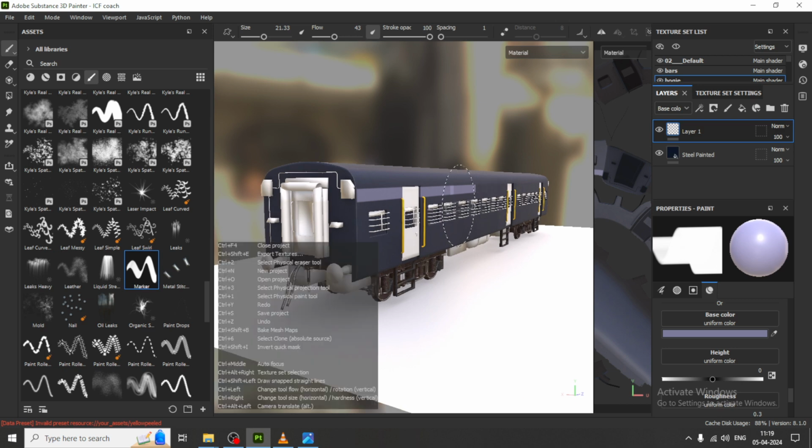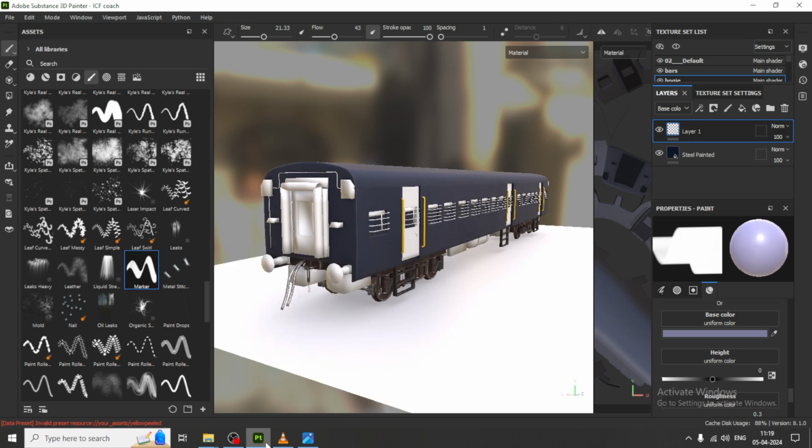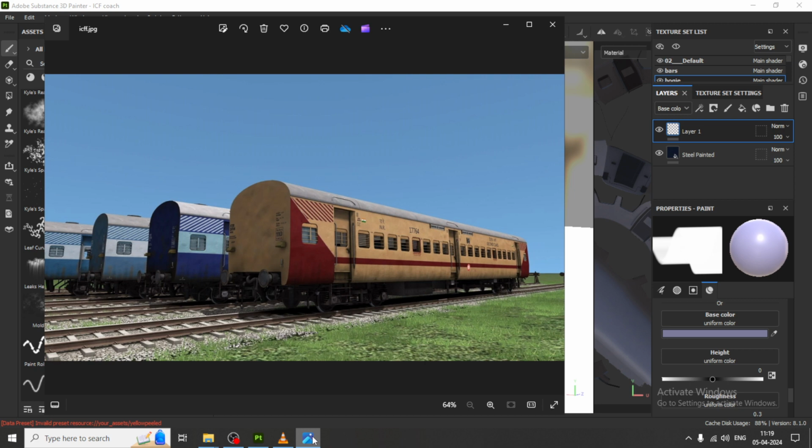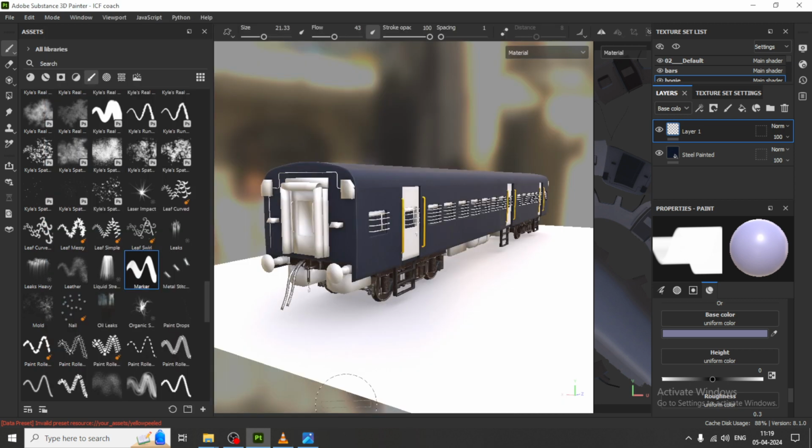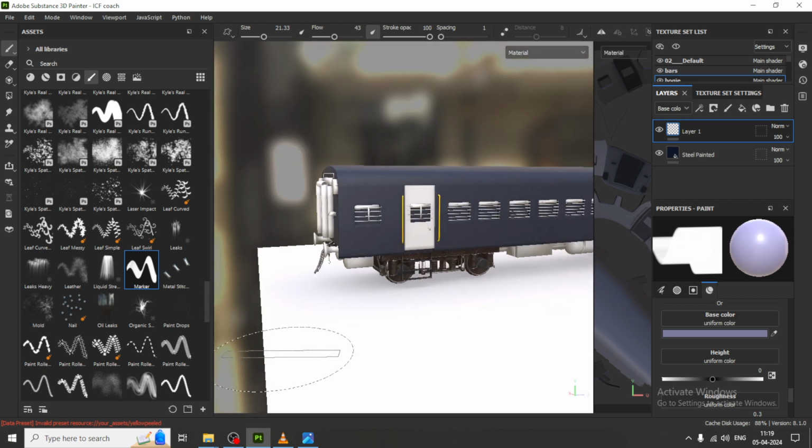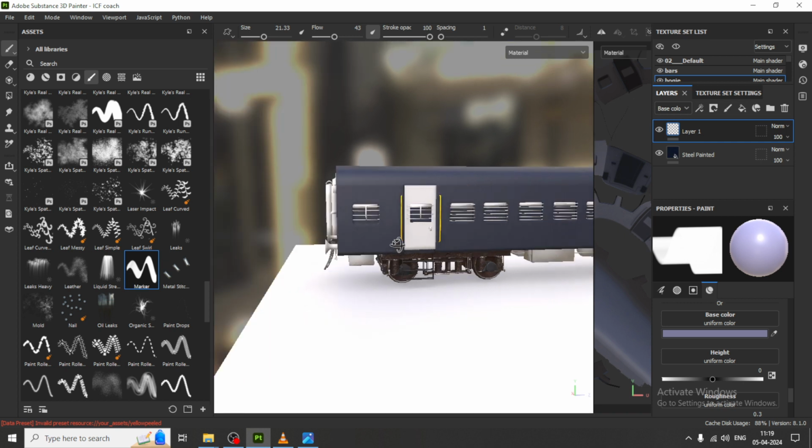Okay, I'll just remove this. I don't need this right now. So if you want, I can just make a side patch over here, that would be much better, I guess. So what I'll do is I'll just rotate this brush in this way,